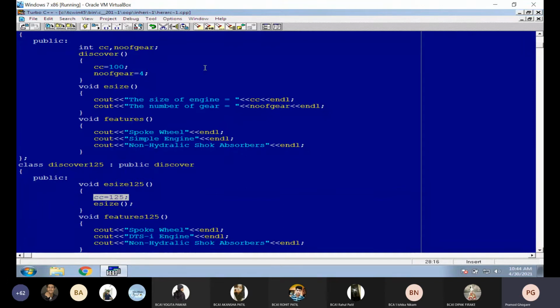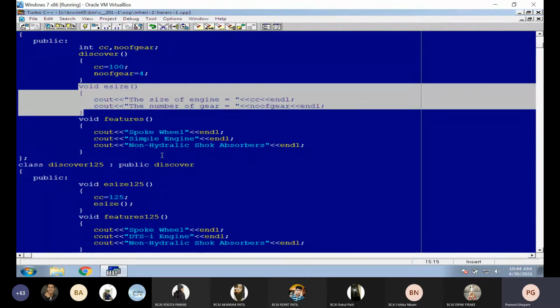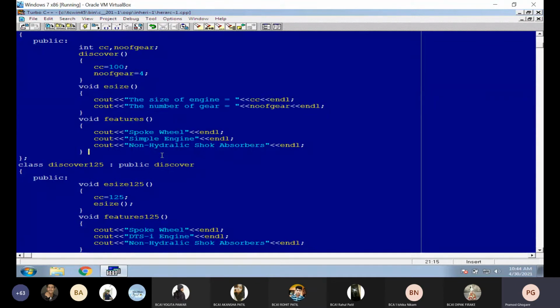What is the main property of inheritance? To reuse the properties of a base class. To reuse यानी बार बार यूज करना. अभी ई साइज फंक्शन हमें यहाँ पे लिखने की जरूरत नहीं है. Reason is that वो already base class के अंदर लिखा हुआ है, that is written already in a base class. So we will just call this function. Okay, we do not write the definition of this function. So that is the main property or main advantage of inheritance.